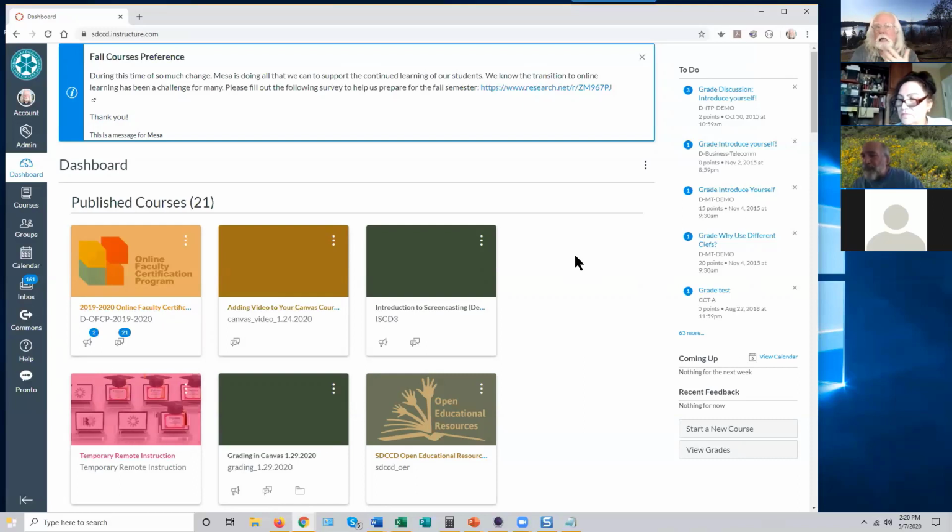And then at the last minute, relatively speaking, the week before the beginning of the term, you can copy all of that into the actual live shells that will have your students enrolled in them, and that you will actually teach in. You can copy the content from the development shell into as many of the live shells as you need to, and you can then